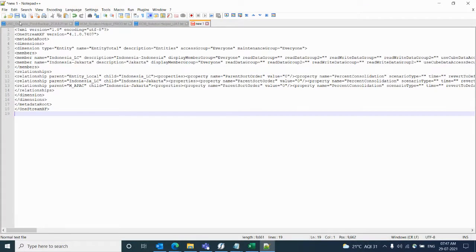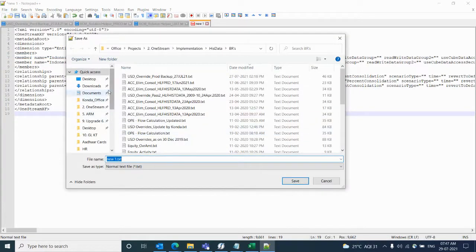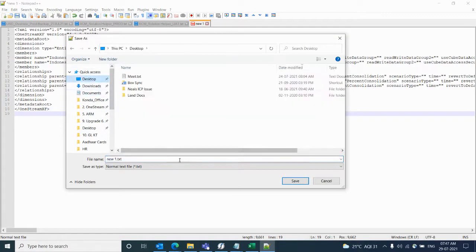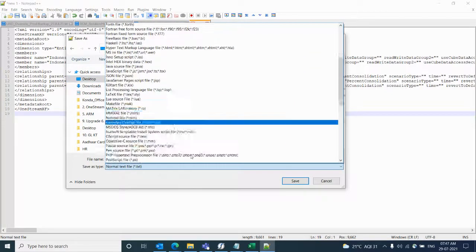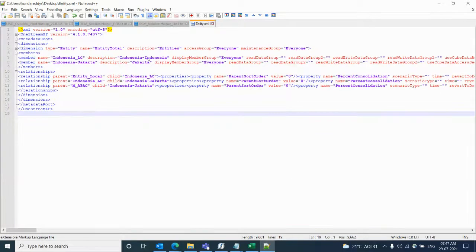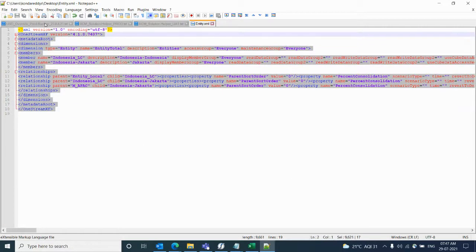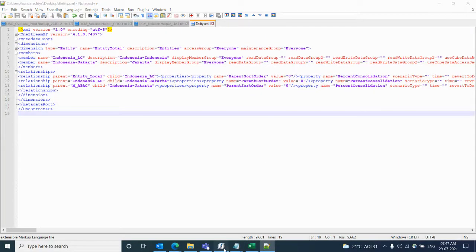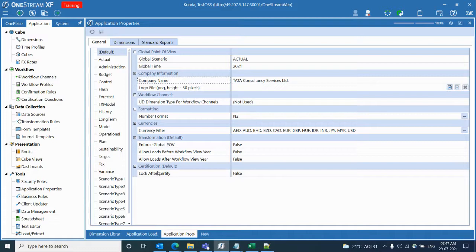Okay, so save as an XML file. Just put it on the desktop. The type of the file is XML. It will be there at the end as an XML. Okay, so I'll just rename it as entity.xml. Save. Okay, so the system will also change the colors to XML format, because that is the advantage in Notepad++. It will recognize the colors. So now our file is ready.